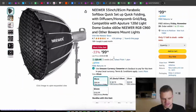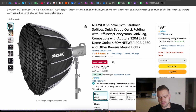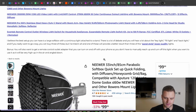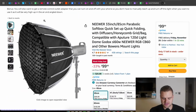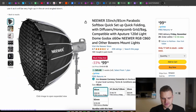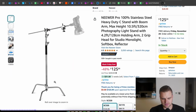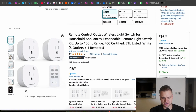The next is lights, and I think lights are even more important than the camera, because even if you have the best camera, in the dark, if there's not an ample amount of light, you're not really going to see anything. So the 3 things, maybe 4, that I think you should get in terms of lights are: a softbox diffuser like this, a continuous light, which is right here in this situation, a stand for it to be on, and then even better, like a bonus, and it's cheap, a remote control outlet so you can turn it off and on from your phone app